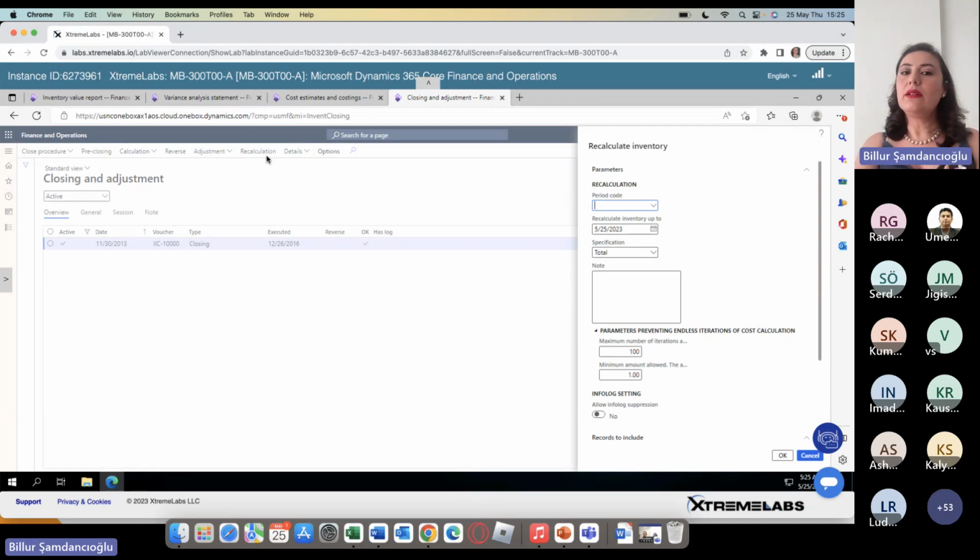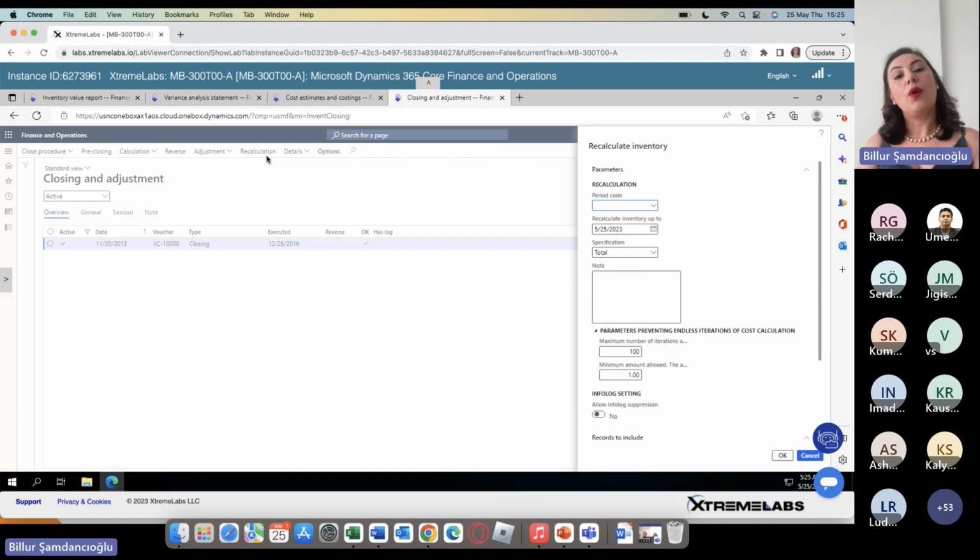So the system will calculate your costs and show them to you, and you can report it. It's also very important, I think, that you can periodically run this functionality. In one of my implementations, it was running on a daily basis. So when we run it on a daily basis, in each day,